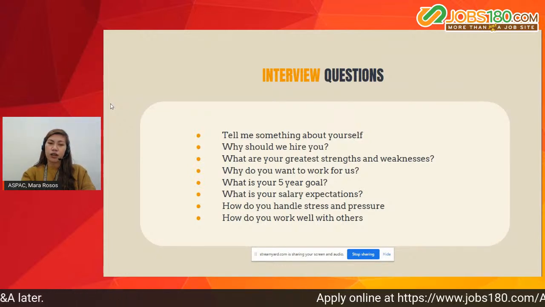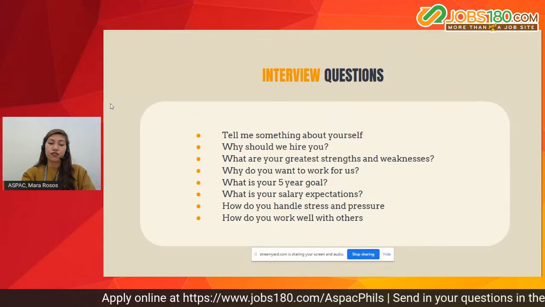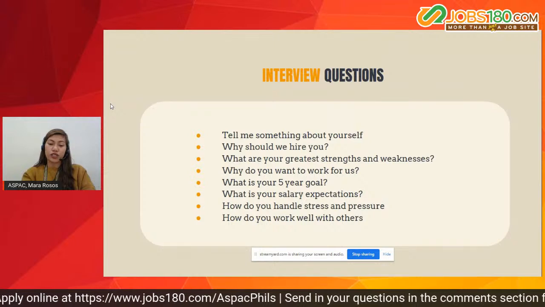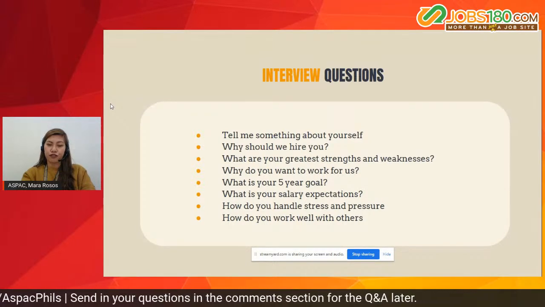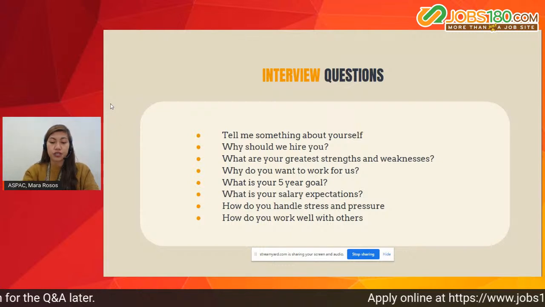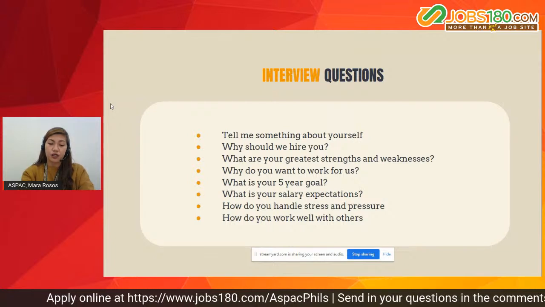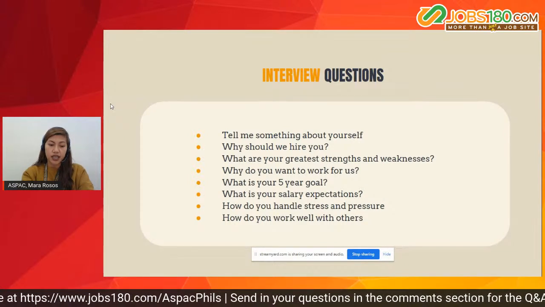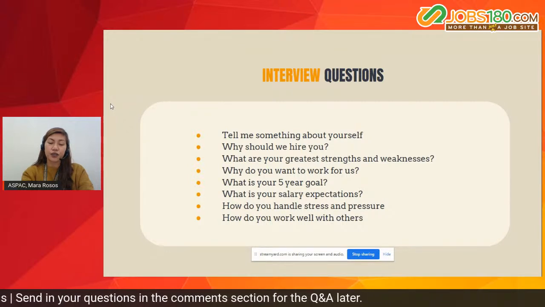Next question. What are your greatest strengths and weaknesses? Most employers or companies ask this question just to know your strengths and weaknesses. They want to see if you're fit for the job you're applying for, or if your strengths align with the company and position. So why do they need to know your weaknesses? For them to understand your humbleness and your room for improvement. And again, asking your greatest strength,